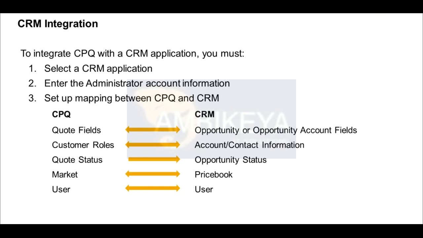Now, one thing I want to point out here is that all of these arrows are pointing in both directions with the exception of the status. And that's just because one thing that will happen solely on the CPQ side is the status of a quote, which would be used to update the status of the opportunity on the CRM side. Now, I'm going to go through these somewhat quickly. Really what I want you to see from this is just what it looks like, so that